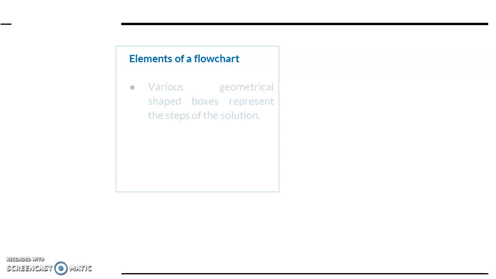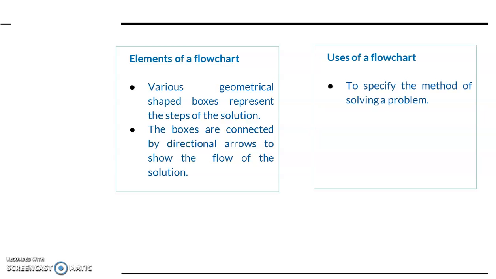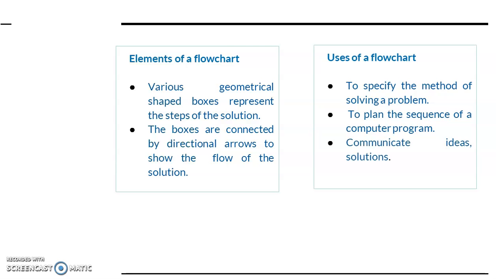Elements of a flowchart. To draw a flowchart, various geometrically shaped boxes represent the steps of the solution. The boxes are connected by directional arrows to show the flow of a solution. Use of a flowchart. So when we use a flowchart: to specify the method of solving a problem, to plan the sequence of a computer program, to